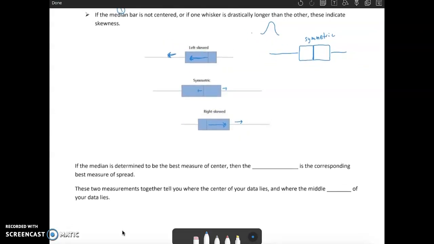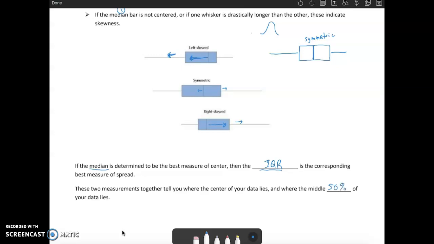So to finish up with this section, if the median is determined to be the best measure for your center, then the IQR, the interquartile range, should be your corresponding best measure of spread. So those two go together. The median and the IQR can be coupled together well. I get it in the second sentence down here. It says these two measurements go together to tell you where the center of your data lies and also where the middle 50%